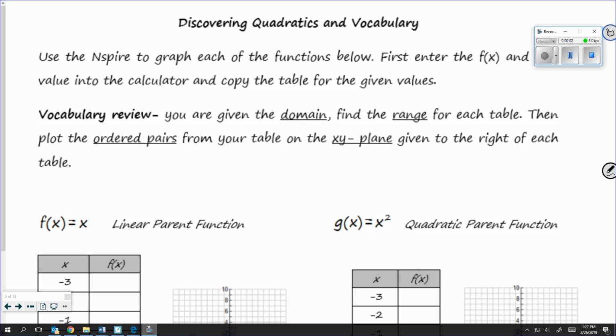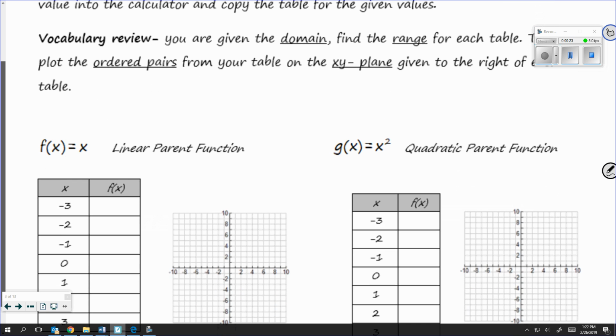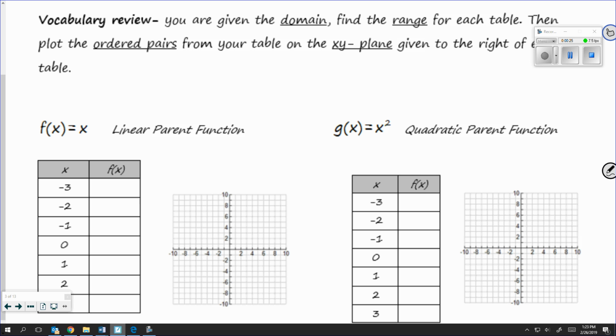Alright, so we are going to look at quadratic functions, and we are going to basically be looking at the same vocab that we learned before, so domain and range. We're also going to learn some new vocab today. The first thing that we're going to do is go in our table and graph